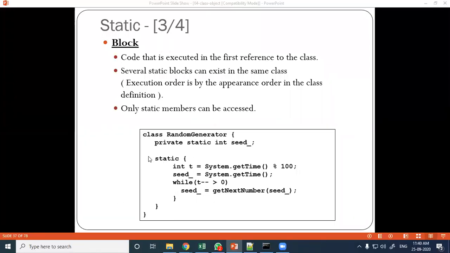Now here one static block is there. Only static members can be accessed. Here only one member is there, that is static, so it is accessed here. And this t is locally created, so only the local things can be accessed. But if you create another non-static member here, then that cannot be accessed inside the static block.